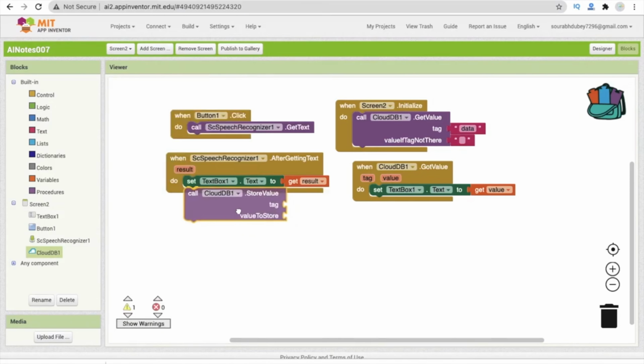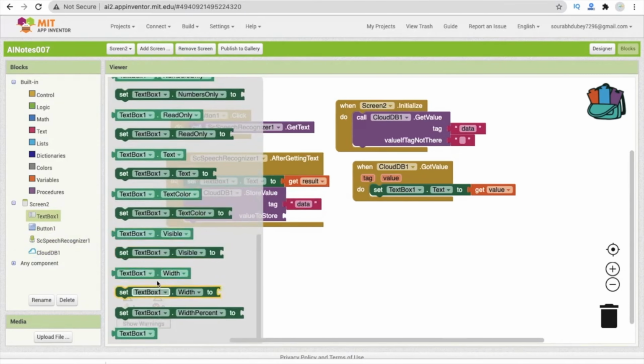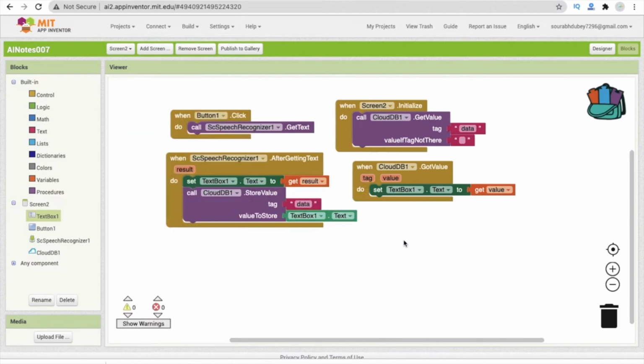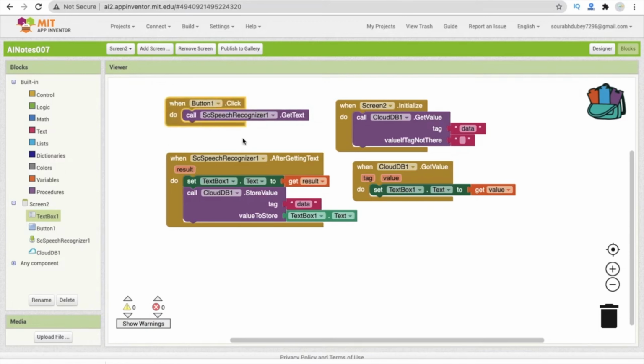And where we have to store this value, we will store it in the data tag, and the value we have to store is text box one dot text. Simple, right? That's really very simple. Now, it's fine. Whenever someone clicks on this speech recognizer, and whenever we get something like please delete this data,